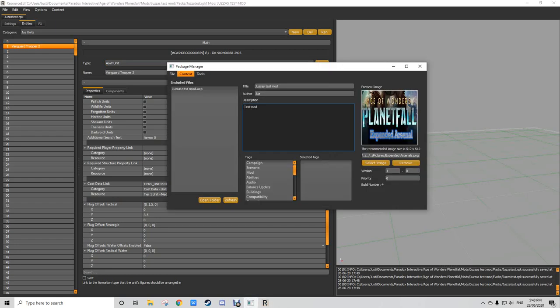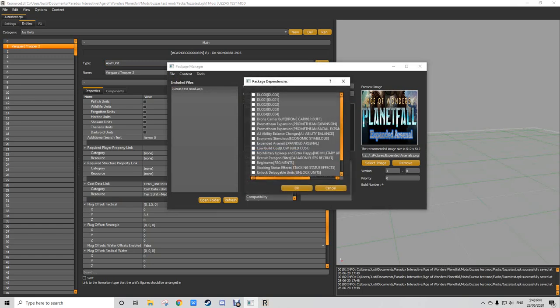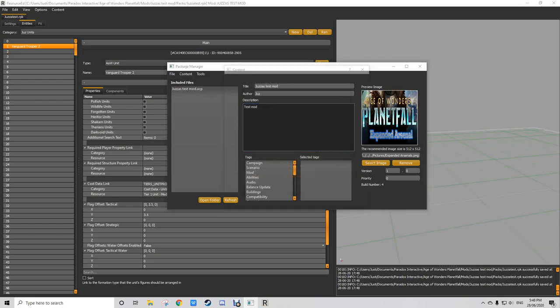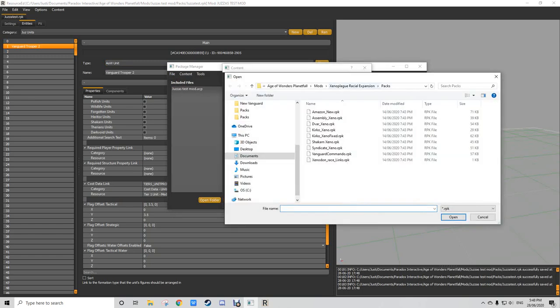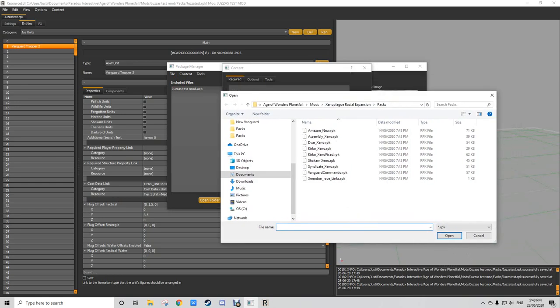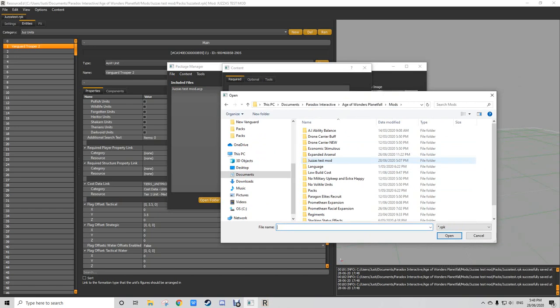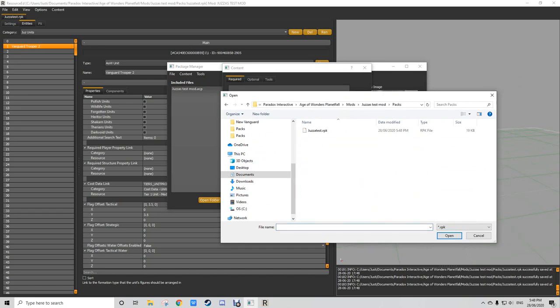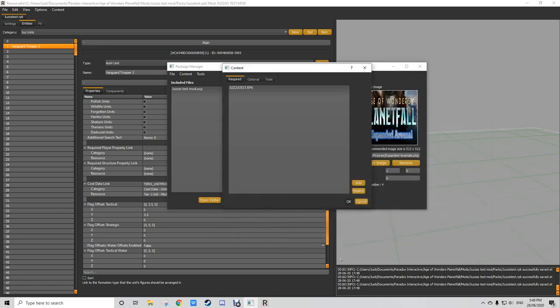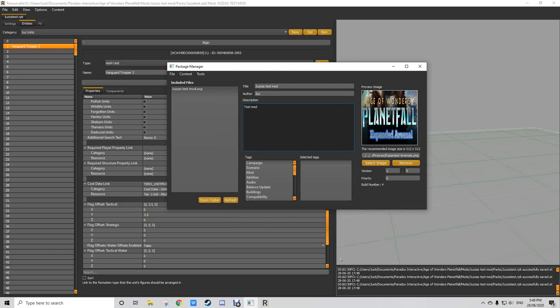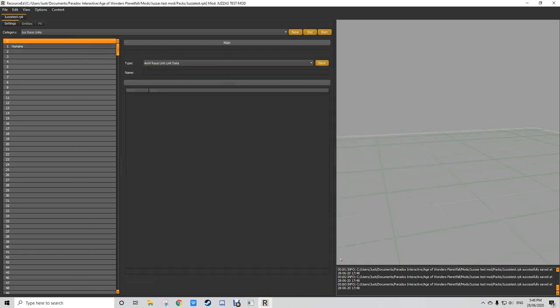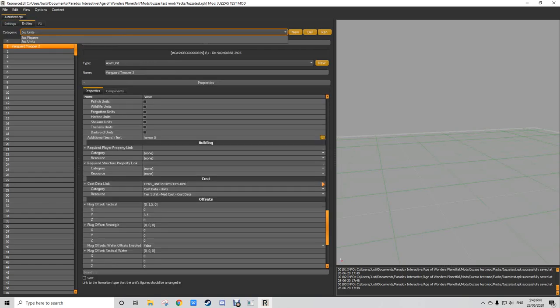We need to come to here as well. In the package manager, we need to manage, not packages, we need to manage resources. We need to add the mod. If we don't add the mod here, it doesn't get seen. If I didn't put that there, absolutely nothing would happen. Anyway, now when we load the mod, it should add our little trooper guy